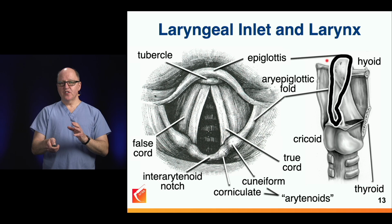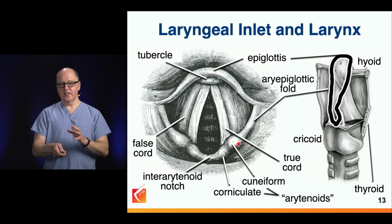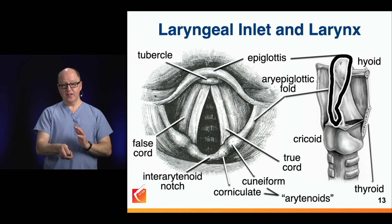So the laryngeal inlet is a ring of structures that I have marked in black that includes the epiglottis. It comes down to the aryepiglottic folds on either side, goes to the posterior cartilages, also called the arytenoids, but cuneiform, corniculate, the interarytenoid notch, which during relaxation is wide, but in phonation closes. But we've got the interarytenoid notch, and then we've got the corniculate cuneiform on this side, the arytenoids back to